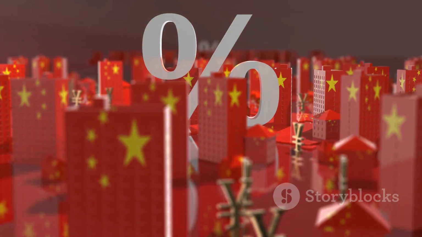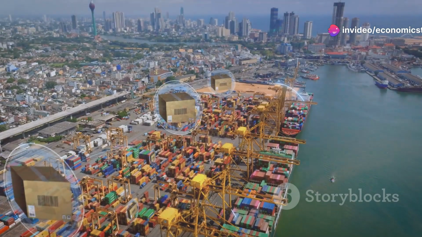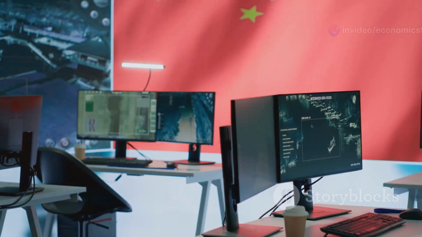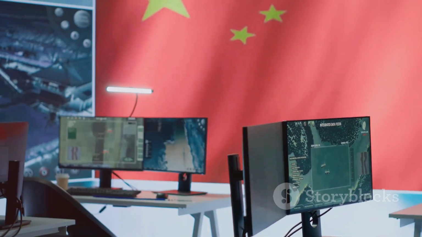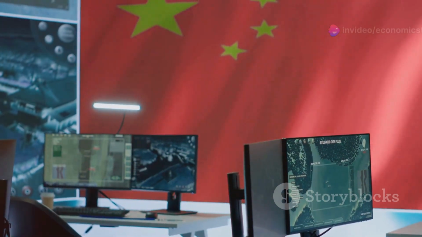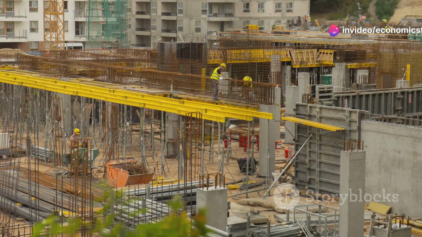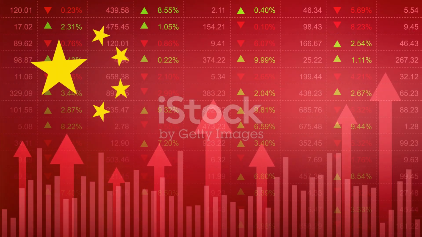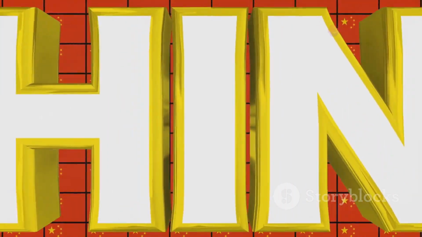The move comes as China grapples with a number of economic challenges, including a property market downturn, weak consumer spending, and slowing global demand for Chinese exports. The Chinese government is hoping that this stimulus package will help to revive economic growth and restore confidence in the country's economic outlook. Infrastructure investments, in particular, are seen as a key driver of economic activity and job creation. By injecting money into these projects, the government aims to create a ripple effect throughout the economy, boosting demand and